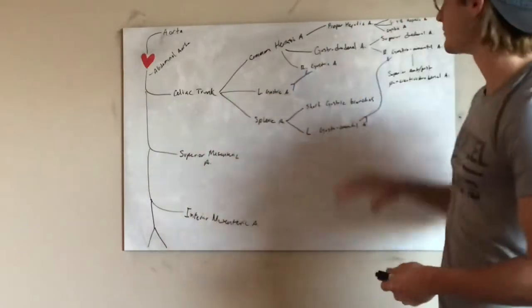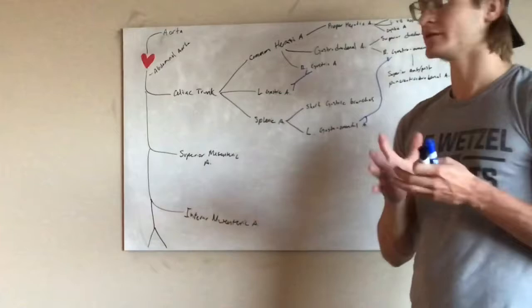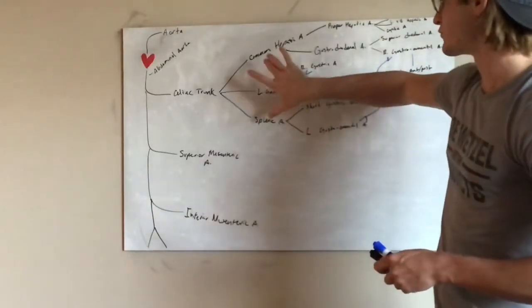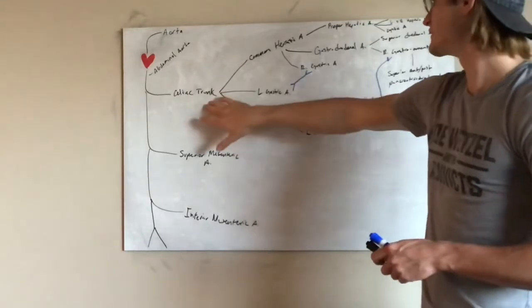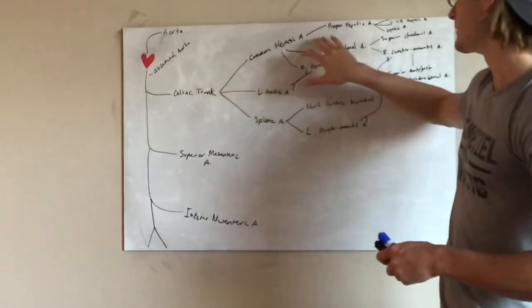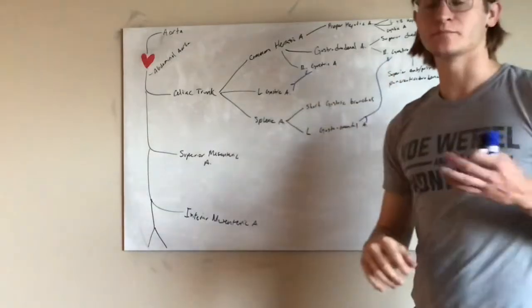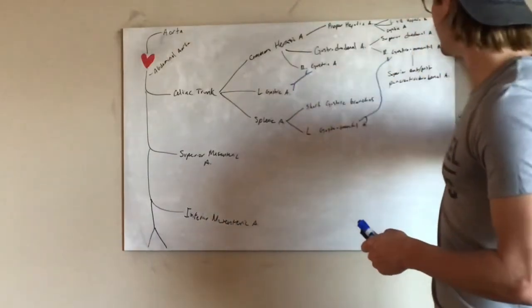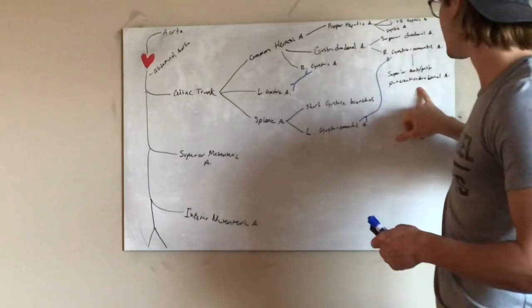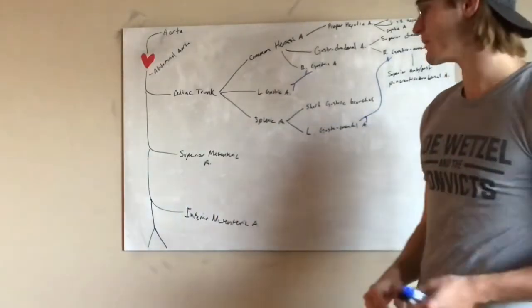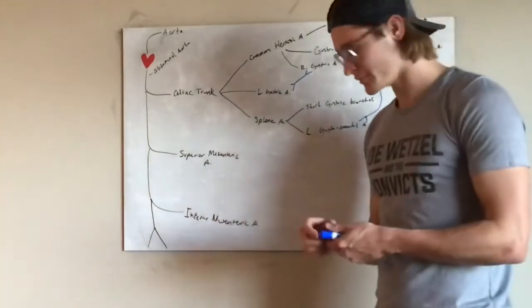This is probably the most complicated area, and there's a lot of things going everywhere. But really all you need to know is the 3 primary branches off the celiac trunk, and then the common hepatic artery is going to supply a lot of different things. Gastroduodenal is probably the most important from there. Then that's where we get down to our superior pancreaticoduodenal, and that's going to anastomose with something from the superior mesenteric artery. So the superior mesenteric artery